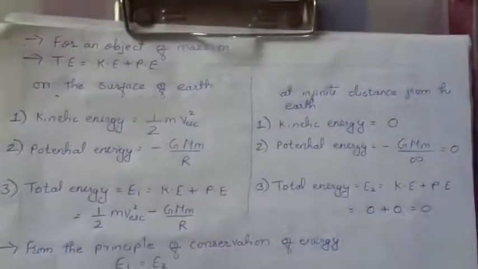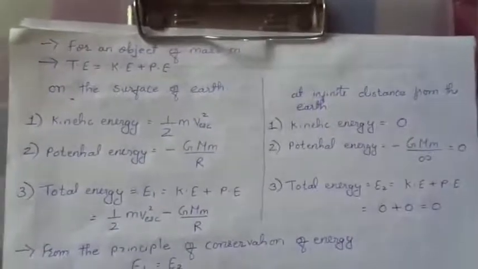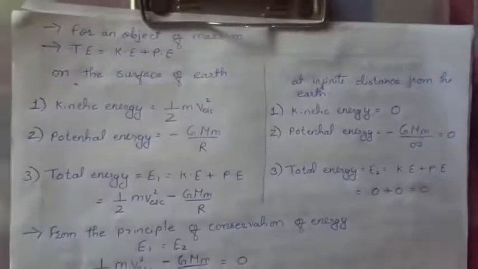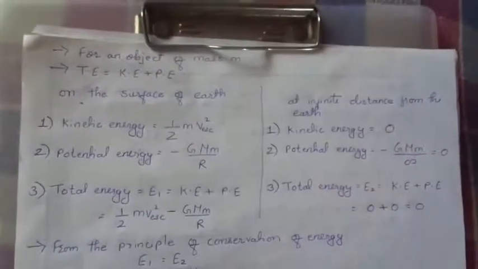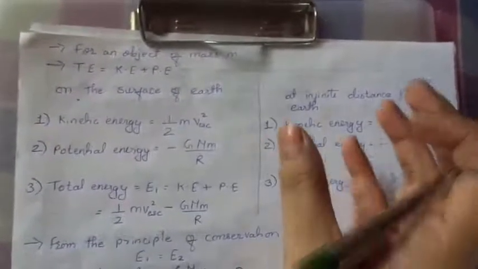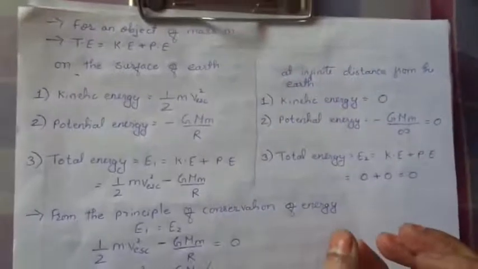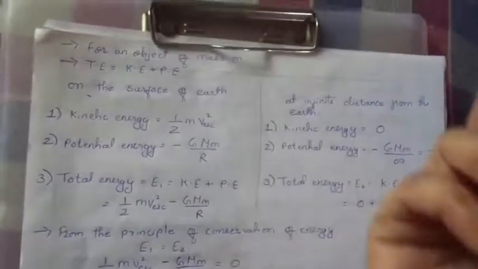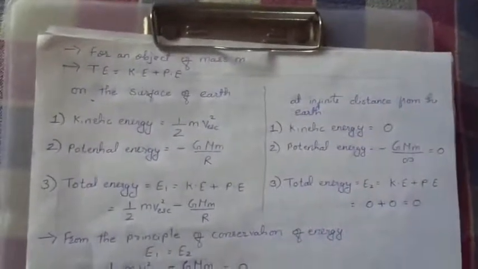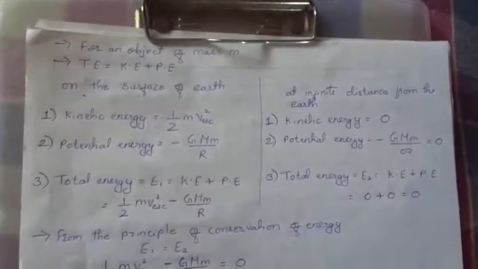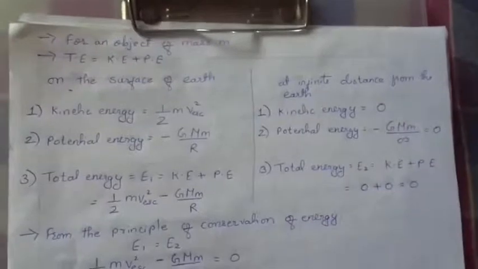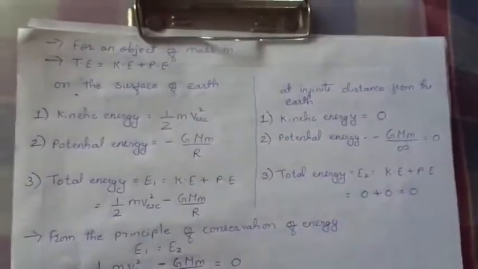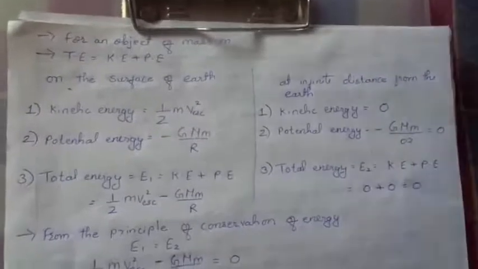See, we were talking about the escape velocity, okay? Whenever we are throwing a ball in the upward direction, there is a gravitational pull which is pulling the ball in the downward direction. It is happening, and the velocity of the ball is also decreasing, but the escape velocity is the minimum initial velocity required to escape from the Earth's gravitational force.